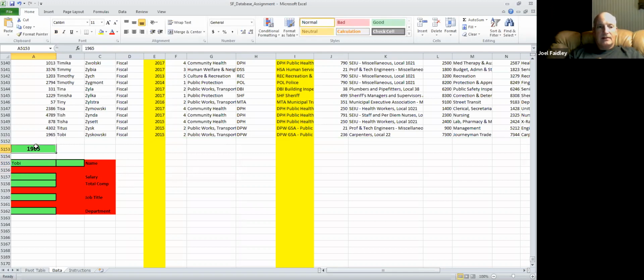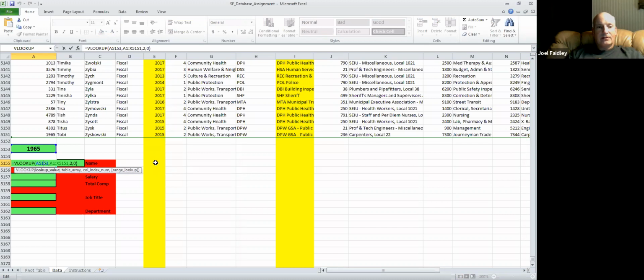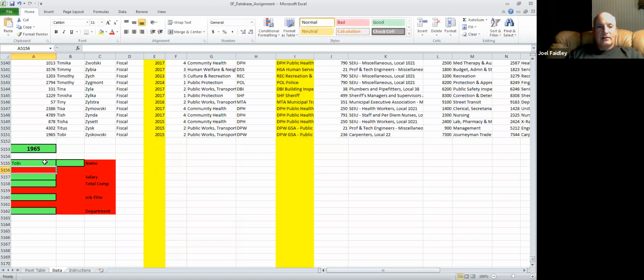All right, so that's the only thing you're going to be changing. But we got to finish this. Before we start copying this over and then putting in the correct column number, let me show you something that'll make it quicker. You're going to do an F2, which is an edit. You want to come back here and put dollar signs in front of the A and between the A and the 5, right? We want to keep that stationary when we copy either across the columns or down the rows. Absolute reference. I also want to do that here on the range. So once you put those dollar signs in there, hit enter, then we want to copy that